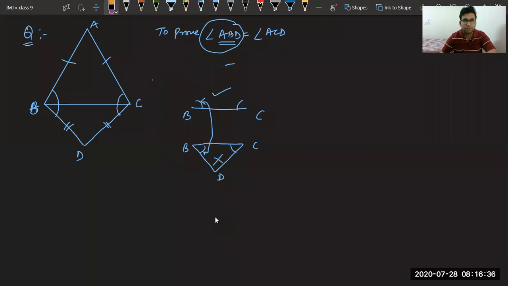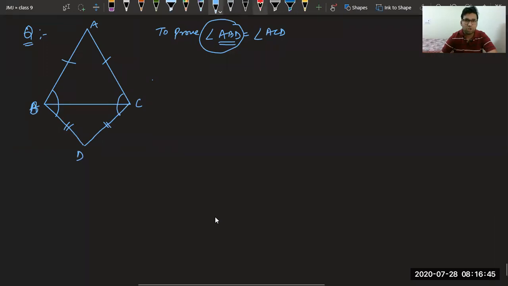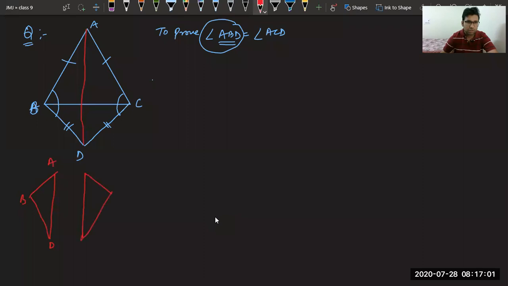Now what's selected? So we saw the given triangles are not appropriate for us to prove these things. So from our side, we will draw or join this line A and D. Now we have got two triangles, and you can observe that triangle ABD and triangle ACD. The angle that we want, ABD, is coming in this triangle ABD, and ACD is coming in this triangle completely. So we can start now.